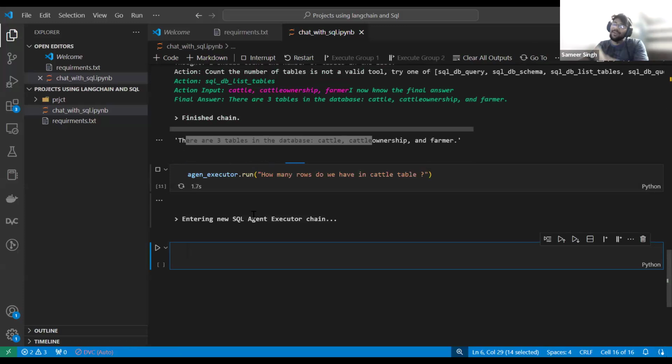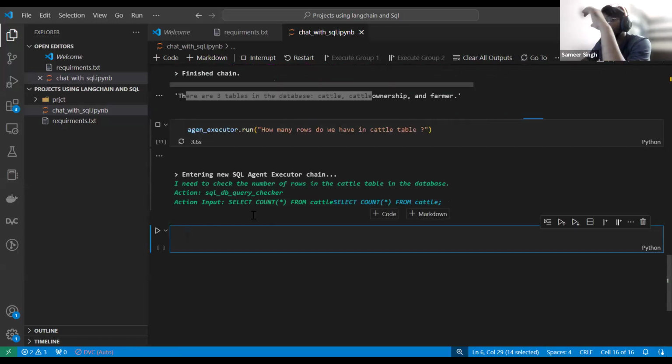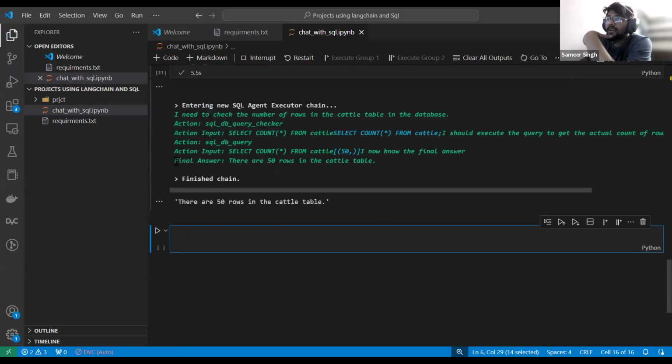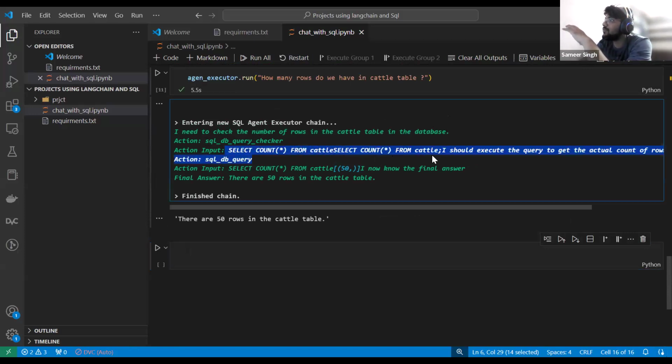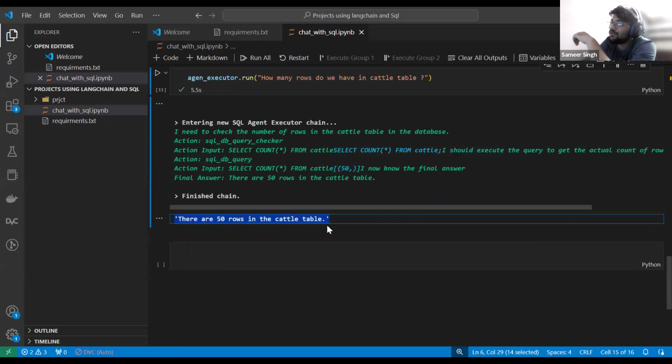Now, I see again it is doing it. It is thinking that it needs to check the number of rows in the cattle table in the database. Now it is running the query, guys. Select count from this to this to this, right? This is the query. It executed it, and now it has given us the answer that there are 50 rows in the cattle table, right?